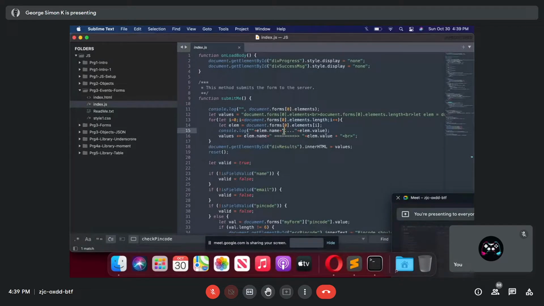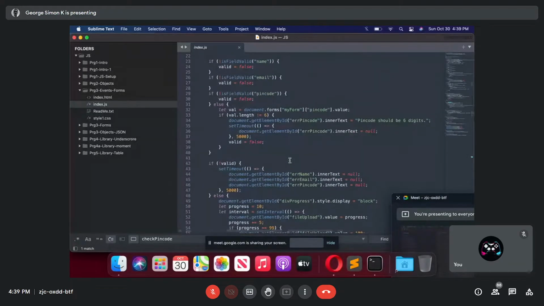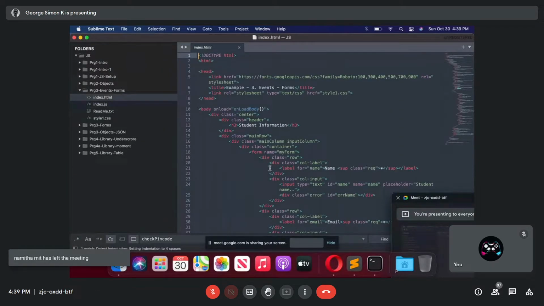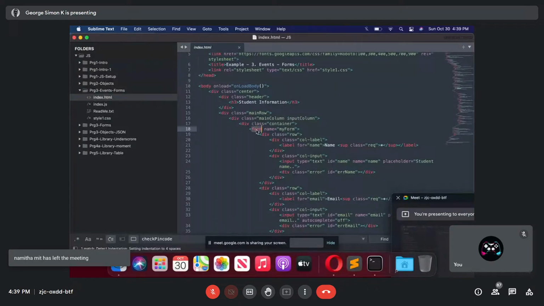There is another way you can refer to a form in a document, and that should be the approach you take. Give a name to the form. When you write the form in HTML, assign a name.